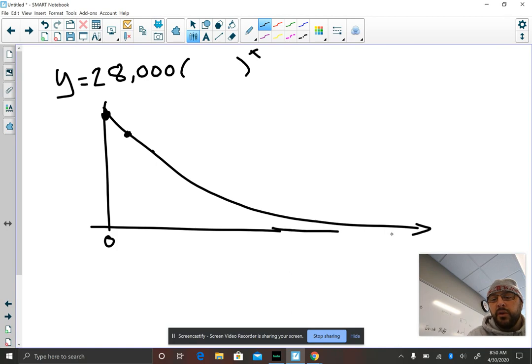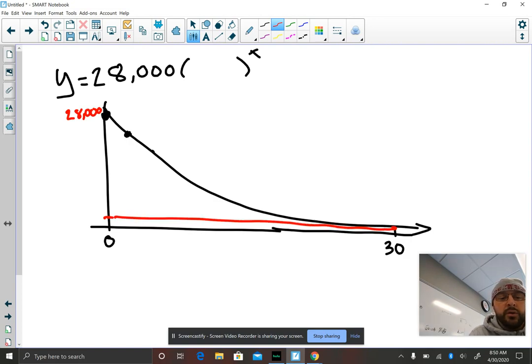If you think about it, this means that you have let's say a 30-year-old car. According to the graph, if this was 28,000, this value here could be $758. That's why my son's car, which is 25 years old, would have the point (25, 38),